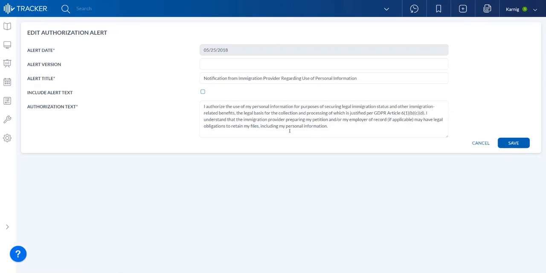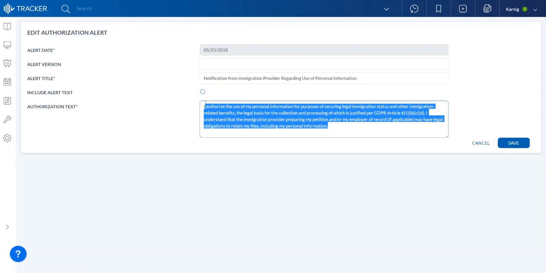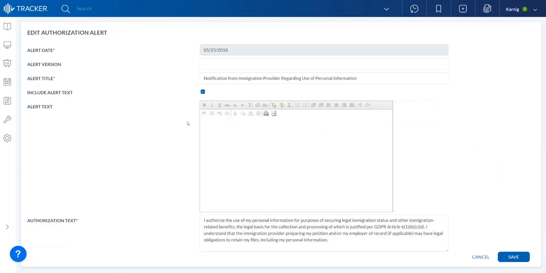What the agreement displays to the user logging in is configurable. You can include text within the authorization section, and you can also include an alert